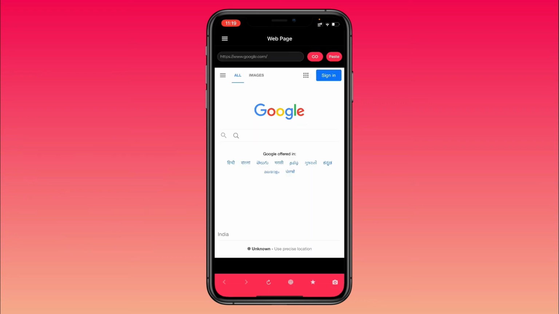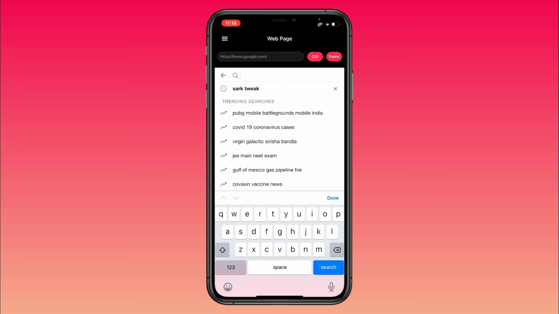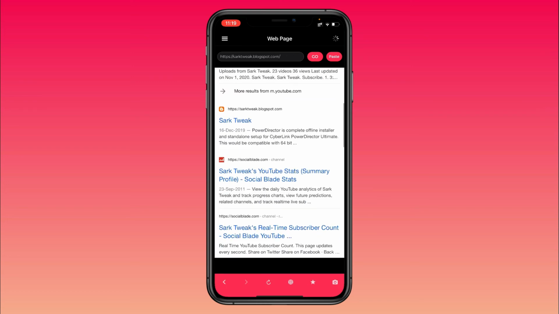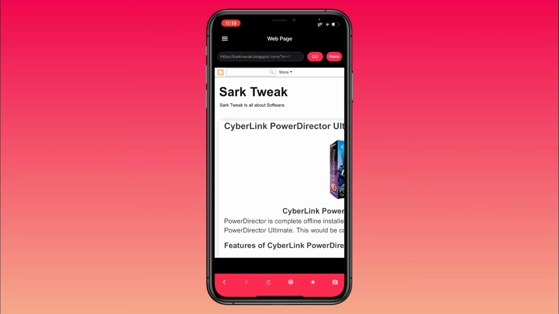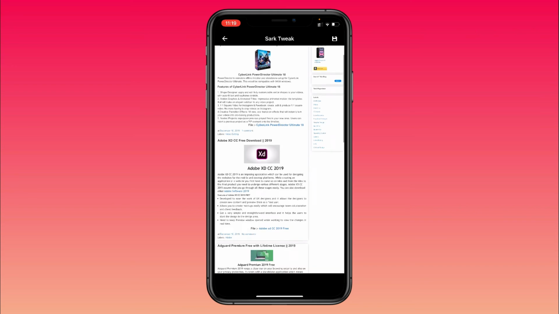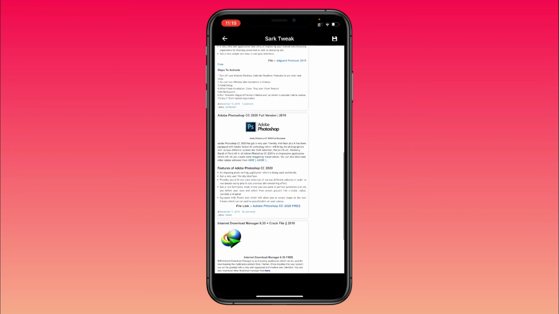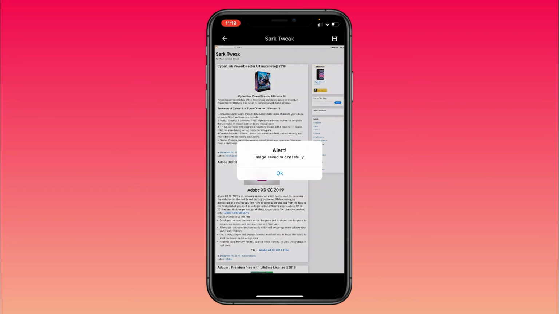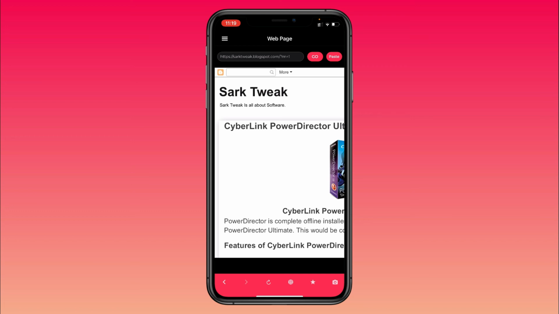The last app for this video is called Web Capture Offline. Web Capture Offline allows you to take a screenshot, which can also be saved as a picture, of the entire website. So all you have to do is just enter the website right here and you take a screenshot. And what this does is it will save the complete website for offline reading, and you will have it right here. Tap that little save button right there and you can save it on the app now.